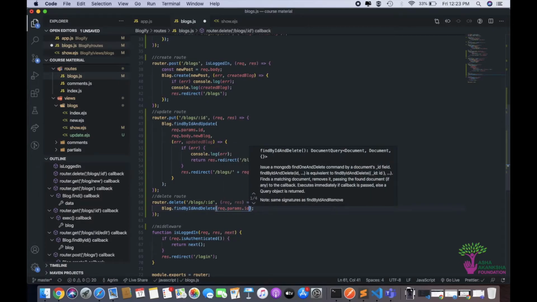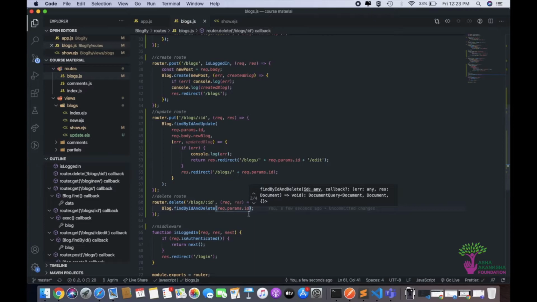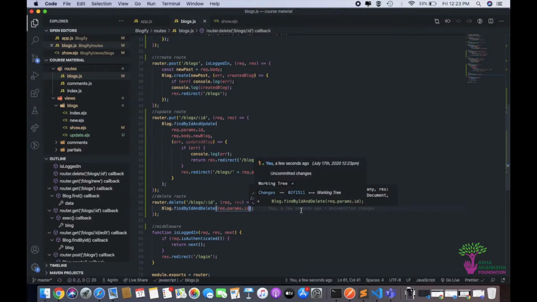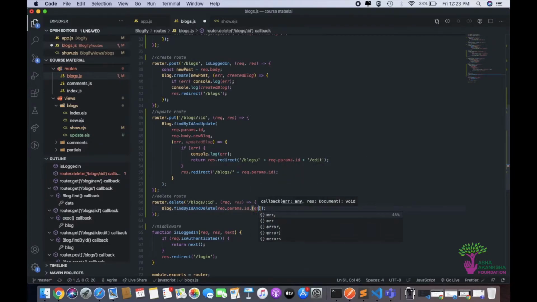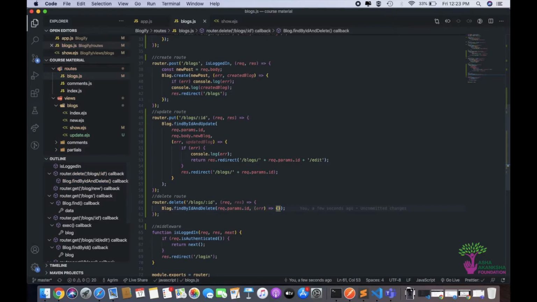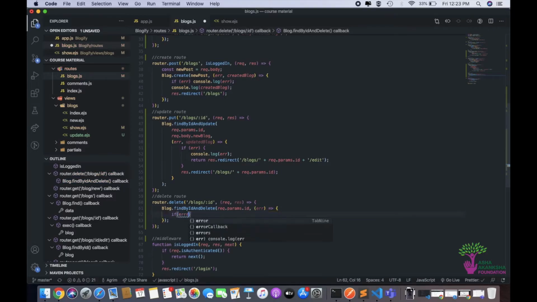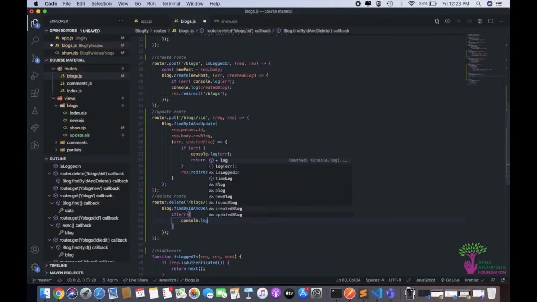So I can do req.params.id. This is basically the ID of the blog that we need to delete, right? So we'll do findByIdAndDelete req.params.id, and then we'll have our callback. So you could have the deleted blog in here too. That's not a very big problem, but we are not going to need it. So I can just do error, and I will do if error, console.log error,